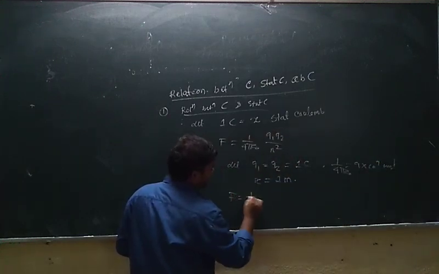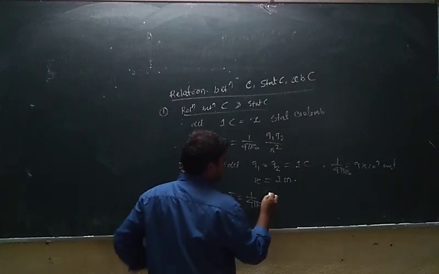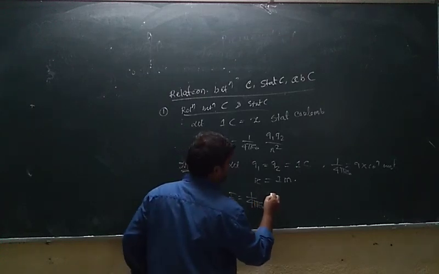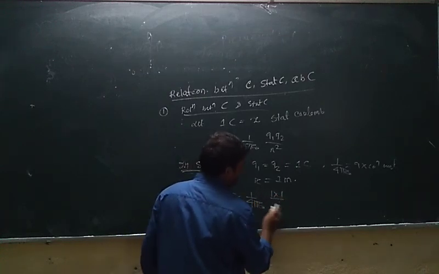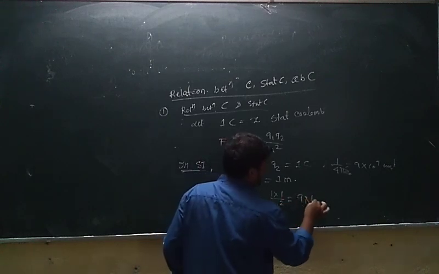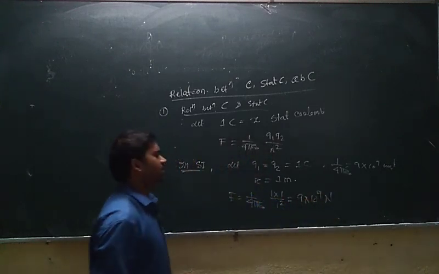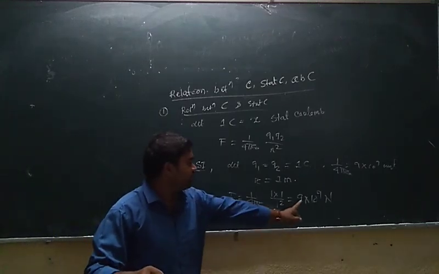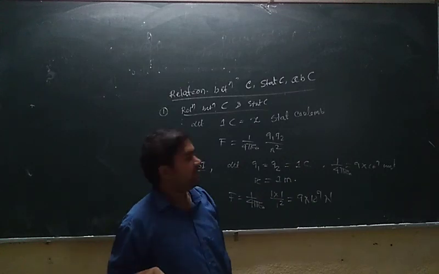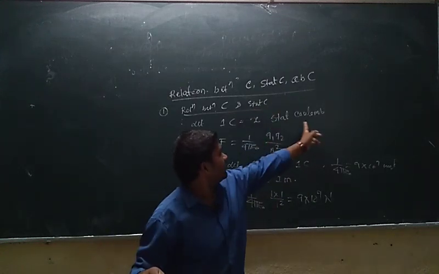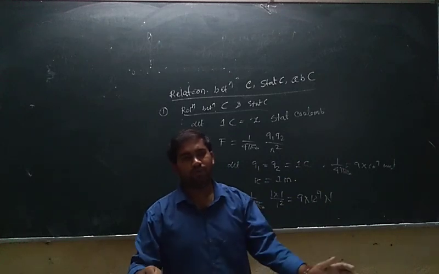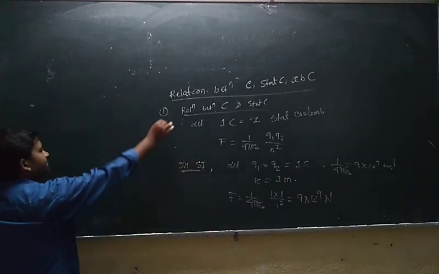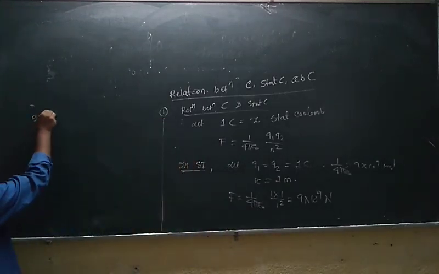So F equals 1 by 4 pi epsilon 0, 1 into 1 divided by 1 square. So that will be 9 into 10 to the power 9 Newton. Okay, so in SI system, the force between two charges will be 9 into 10 to the power 9 Newton. Now we have to take the discussion about the stat Coulomb. Suppose we take the stat Coulomb as x. So that's why in CGS system,